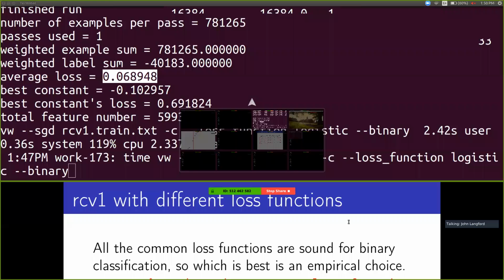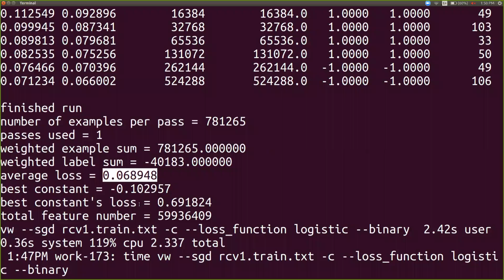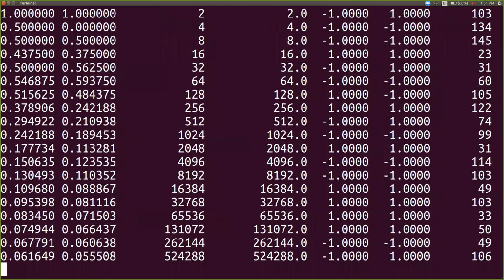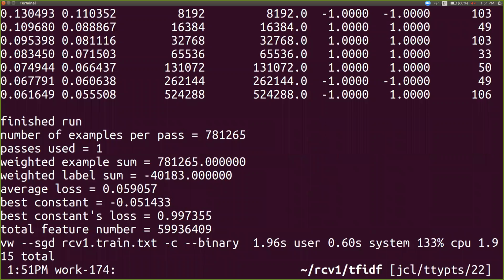So you can actually see that, I think. So let's just get rid of the logistic. So in some sense, we favor one result over the 0 result here using the logistic. That's why we get such a high rate of error. So -1 is only slightly more common than +1 in this data set. Because the best constant prediction for squared loss is